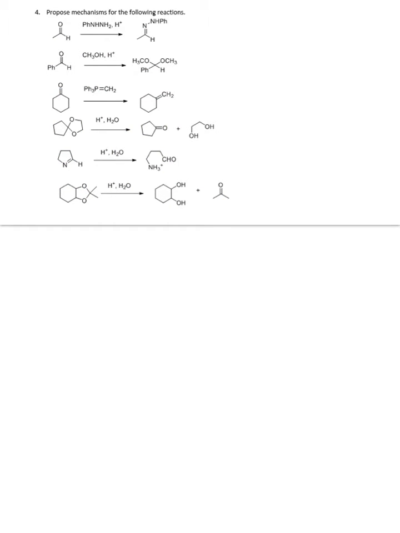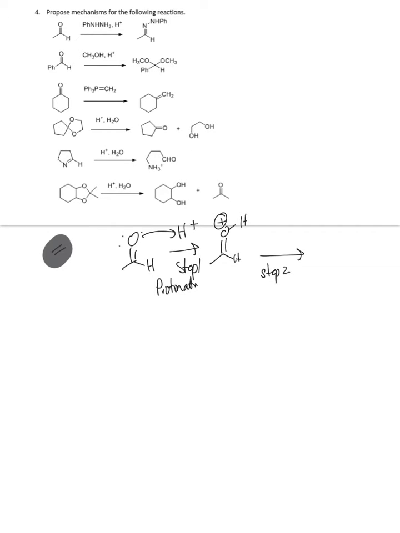Okay, propose mechanisms for the following reactions. Okay, these mechanisms are quite long, so let's just be prepared. First thing that happens, okay, is protonation. So whenever you have acid and a carbonyl, the first thing you do is get protonation. Protonation, step 1. And then the second step, step 2, you're going to get nucleophilic addition. So the nucleophile adds. So in this case, you have phenyl NH, NH2,